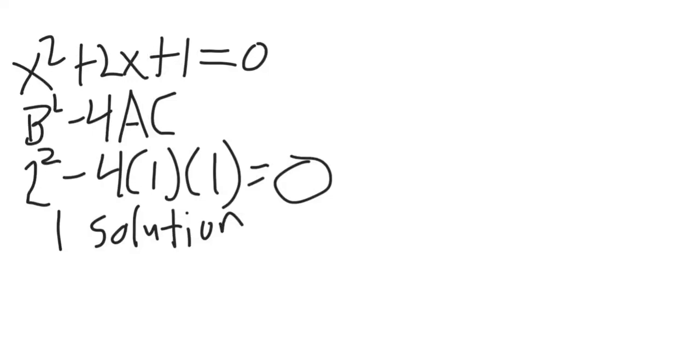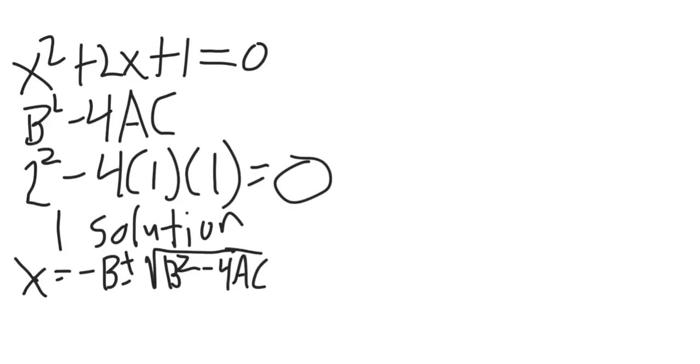However, I would like to continue, and let's see what would have happened if we had instead used the quadratic formula. To remind ourselves what the quadratic formula is, x equals negative b plus or minus the square root of b squared minus 4ac, and all of that is all over 2a. If I plug this in,